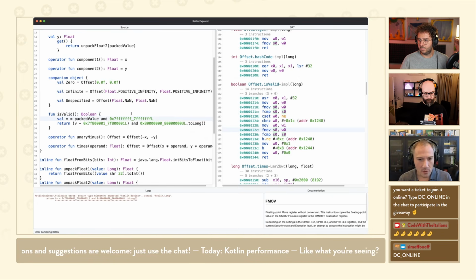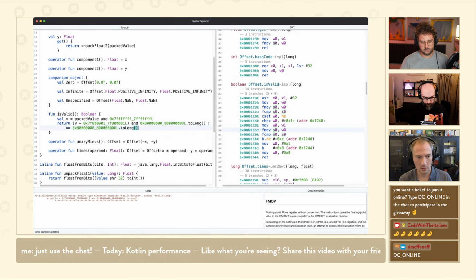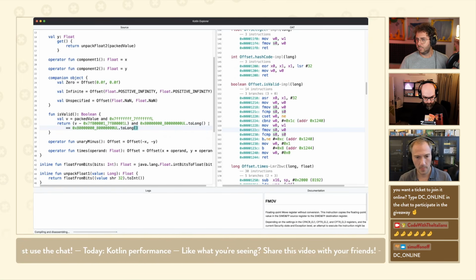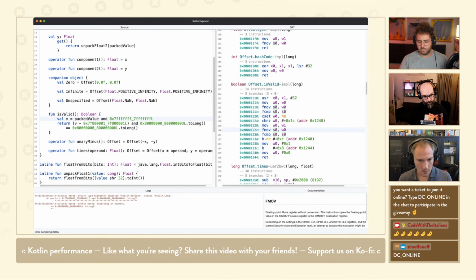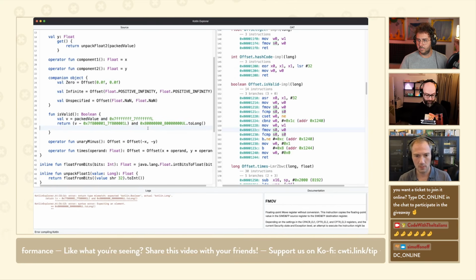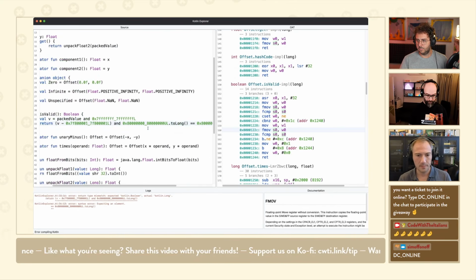Why the Kotlin Boolean error? Oh, I forgot to do the test. Equals. Let's see what I do. Return type, expect actual Kotlin. Oh, yeah, can't put that on the new line. I'll put it over there.